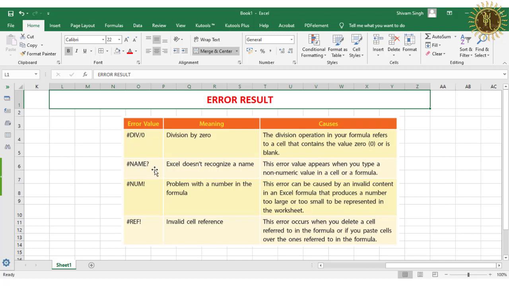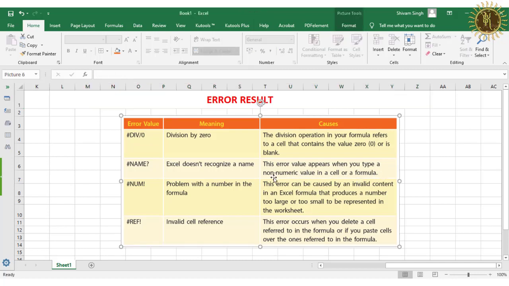Then hash NAME?, Excel doesn't recognize a name. This error value appears when you type non-numeric values in a cell or a formula. Means when you type any non-numeric values which Excel does not recognize, this type of error displays.